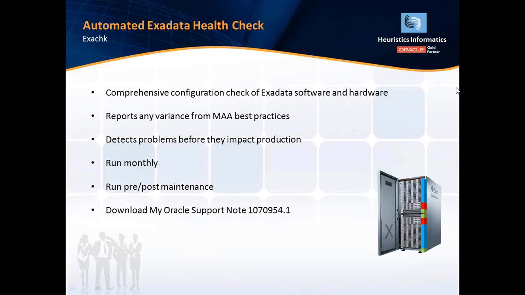In addition, there are what is known as automated health checks built into the Exadata. There is a script that can be scheduled to run, which is called ExaCheck. It is a very, very comprehensive configuration check of the entire Exadata software and hardware. Basically a 100-point check that will spit out a pretty large HTML file giving you a rating out of 100, how many points you scored and what are the areas that need attention. It could be anything in the InfiniBand network to the database nodes to something specific on the database nodes themselves.